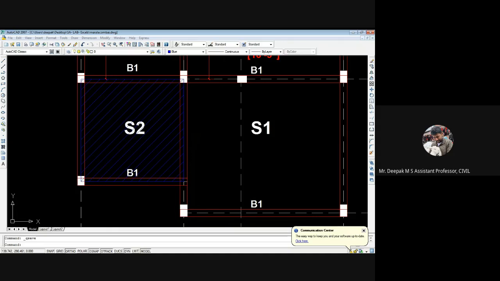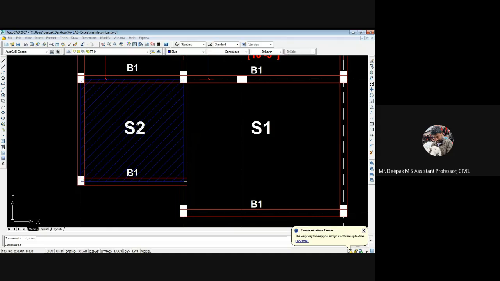Now the effective depth required will be span by basic value into moment modification factor. See here, since it is a continuous two-way slab, the basic value is 40. The factor here will be 40, and 0.8 is for steel. We are using Fe 415, so we have to multiply that by 0.8, right? This is given in the code book, this clause is given in the code book. And the span we know is 3280. I'm taking it as the center to center distance.